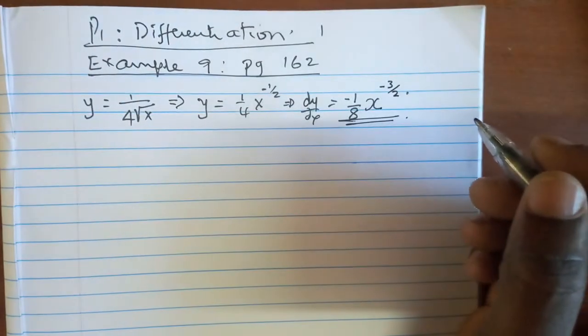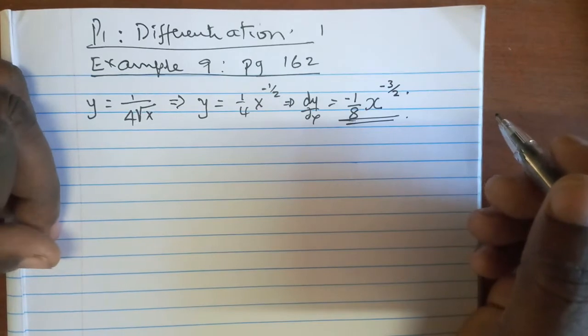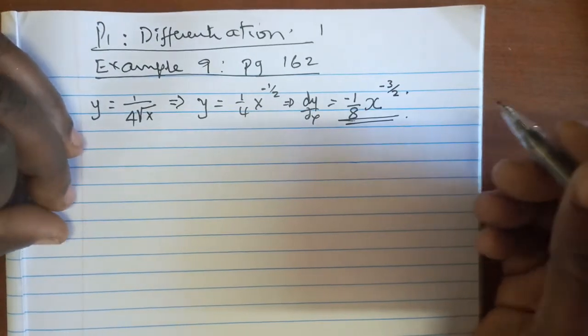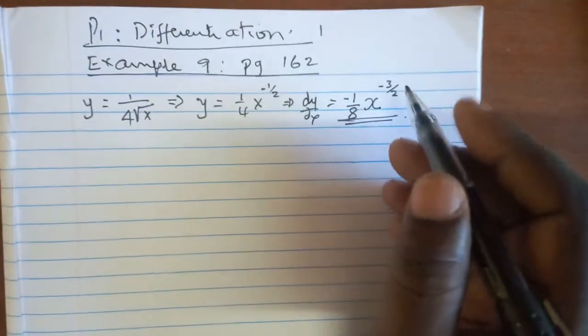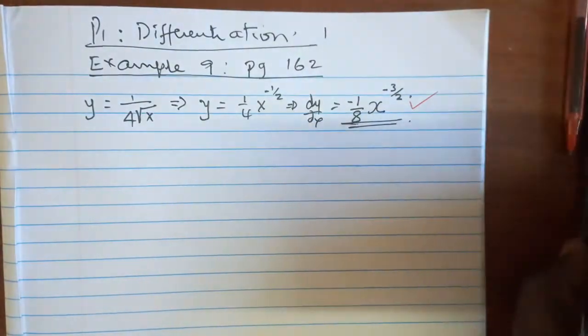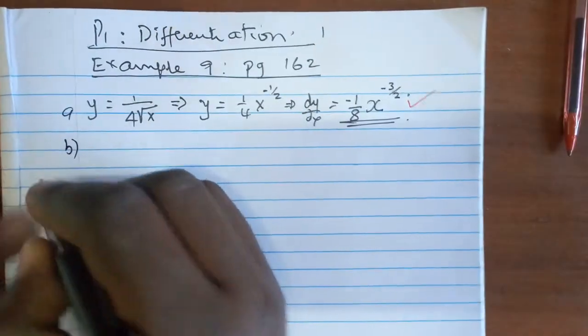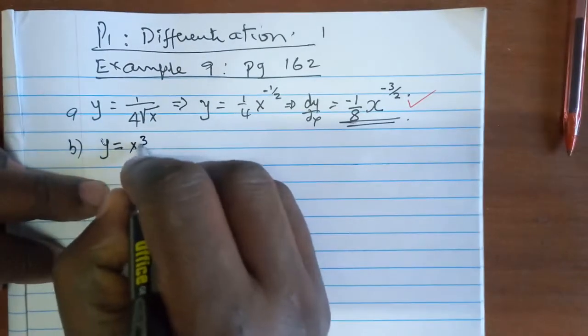You may leave it at that. I mean, that is just good enough. But if you advance a little bit, you can talk about avoiding the negative index, but yes, it's good enough at this level. That is part A. Part B, we're talking of y is equal to x cubed, open bracket,